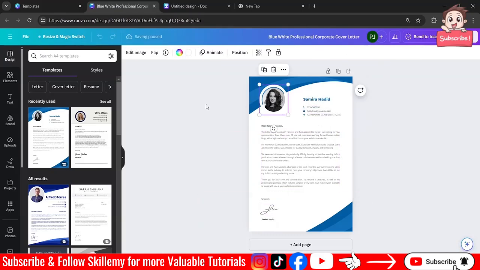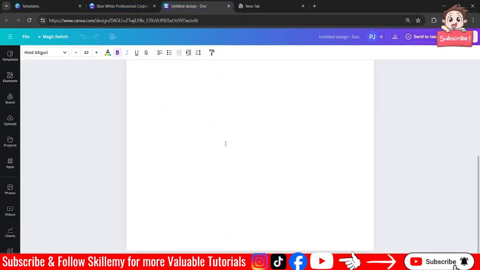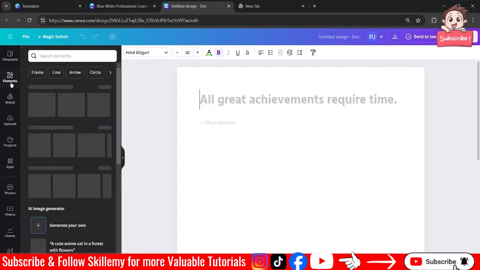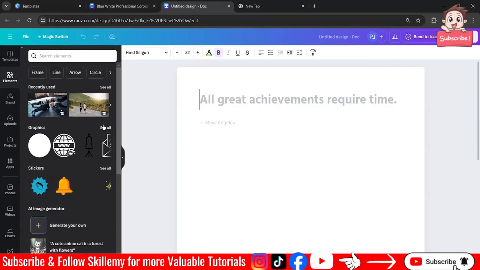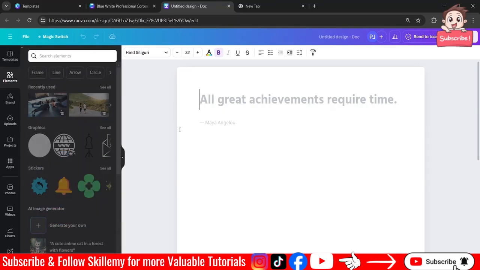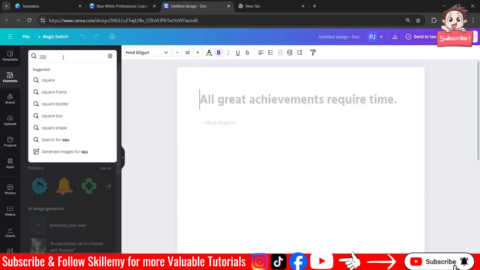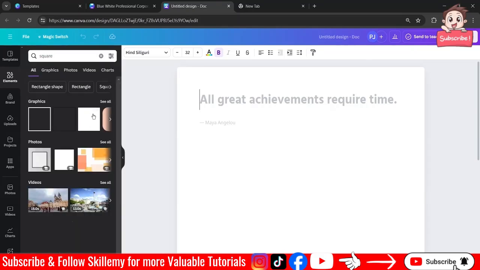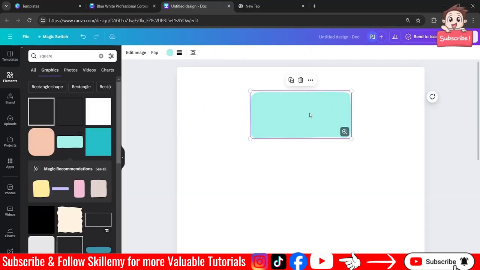You can customize this, and if we go back, over here you can see the page size and the length. Here are the elements. You can access different types of elements from here. Here are the graphics, whatever type of graphics you want to use. You can search over here and take them. Now let's search some elements. Square, let's try to find the squares. Let's go over to the graphics and over here you can see. So I'll just take this one.